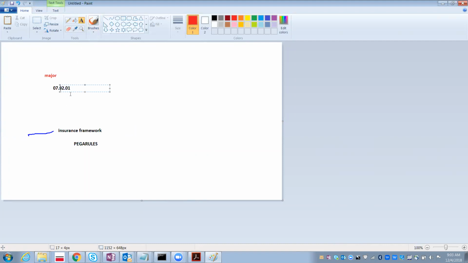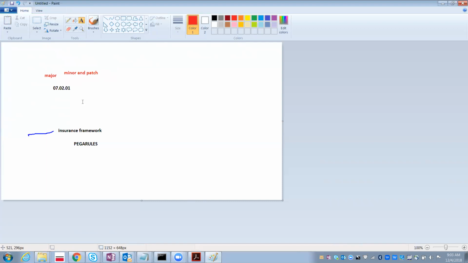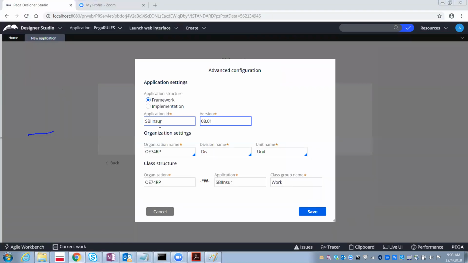The last 2 digits, 01, are called patch version. Super. Major, minor, and patch versions they release, and based on the features they add, they increase the version. Currently we are creating the initial version, which is very fresh, so we will go ahead with 01.01.01. Got it?